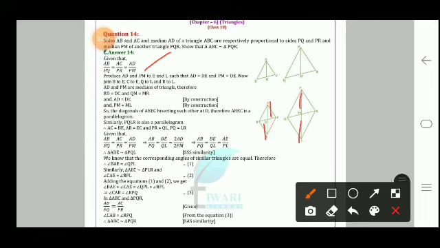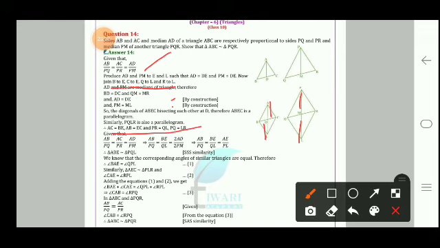Now we join BE, and after joining this, BD is equal to DC, QM is equal to MR, AD is equal to DE and PM is equal to ML. This is all by construction. Now the diagonals of ABEC bisect each other at D, therefore ABEC is a parallelogram. Similarly, PQLR is also a parallelogram. So when they are parallelograms, opposite sides are equal.